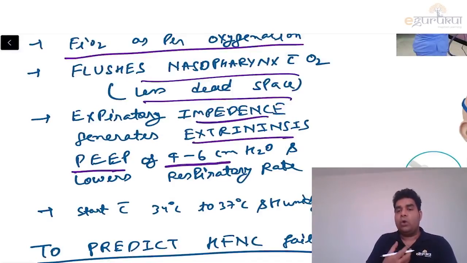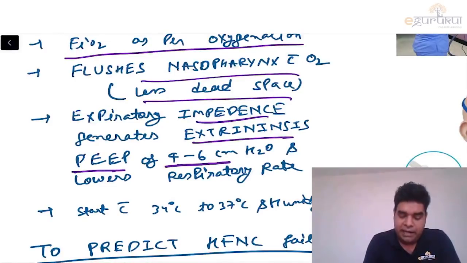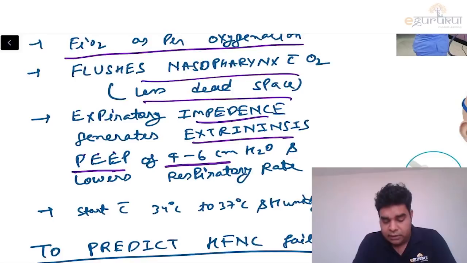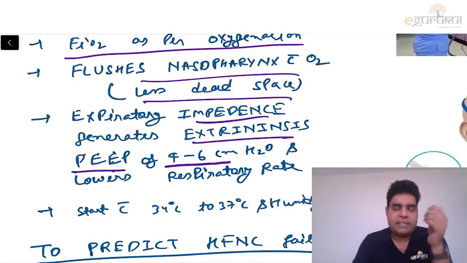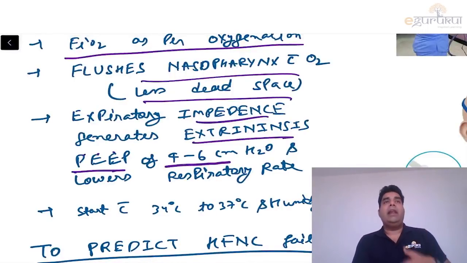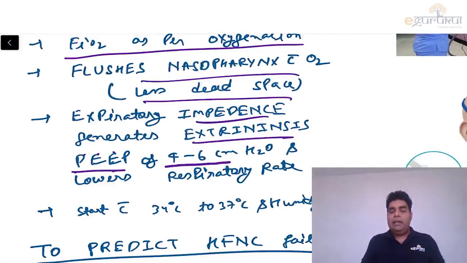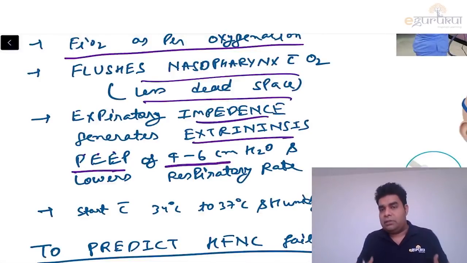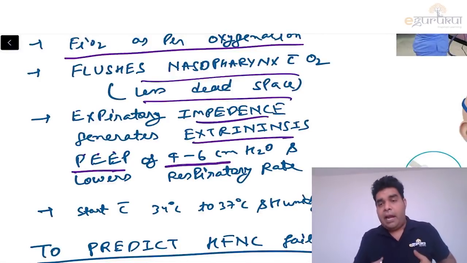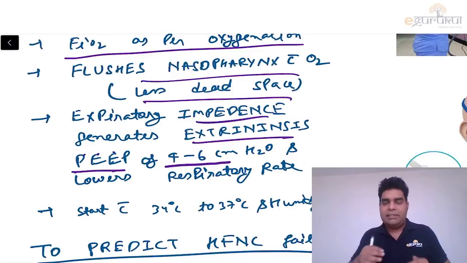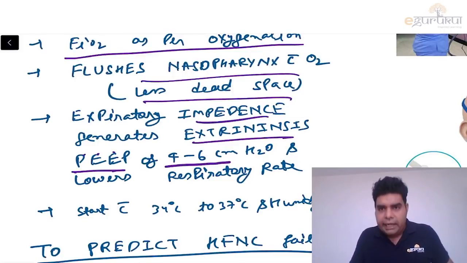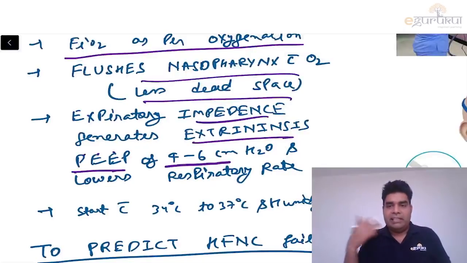So there is an impedance also in the expulsion of air, and that is positive expiratory pressure. Because you might have seen in patients that when they breathe, they take air in lightly, but they take it very quickly. And if you are expiring very quickly, then the carbon dioxide CO2 concentration increases in the patient. And because of the increase in CO2, gradually the breathing becomes more and more difficult. It is very shallow breathing. They take it in and they take it out quickly because of increased respiratory rate.